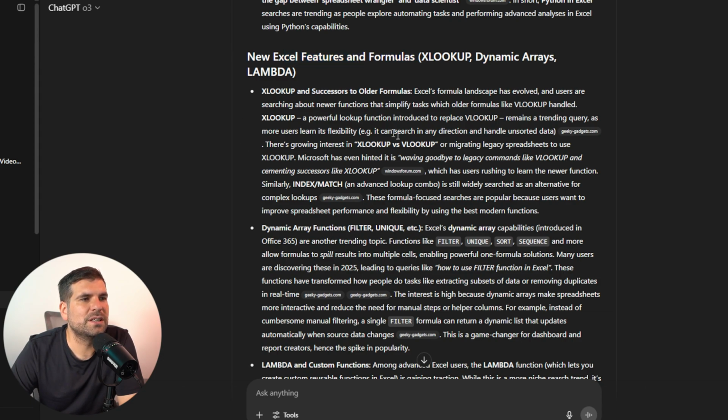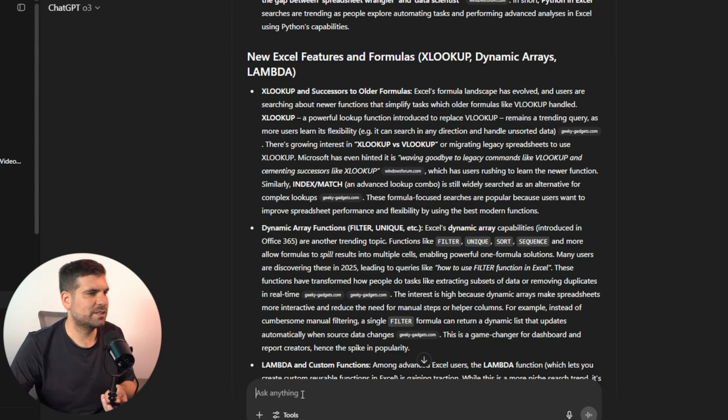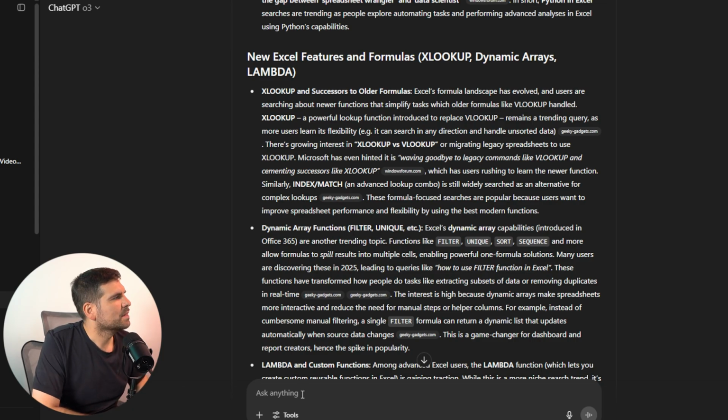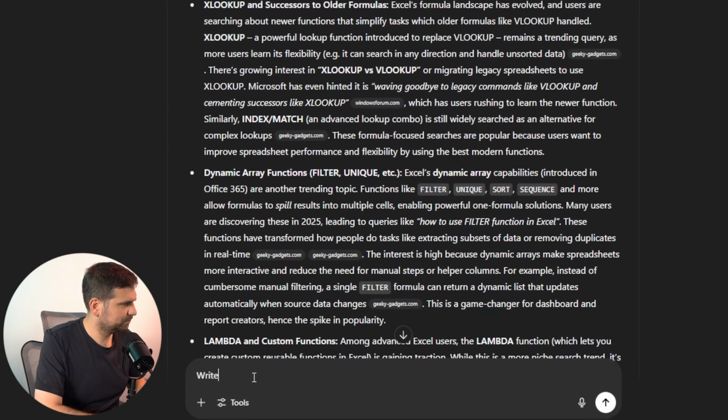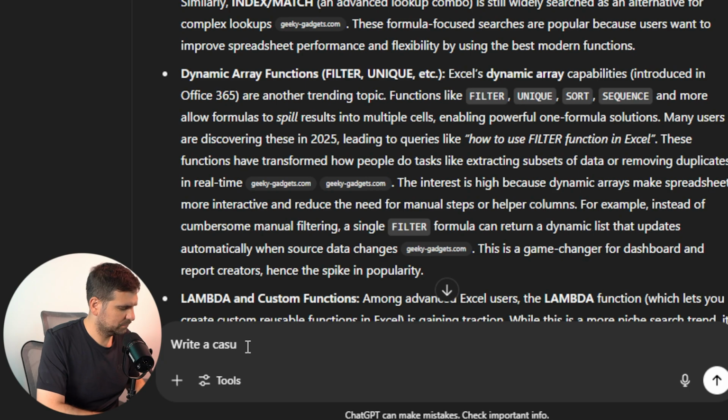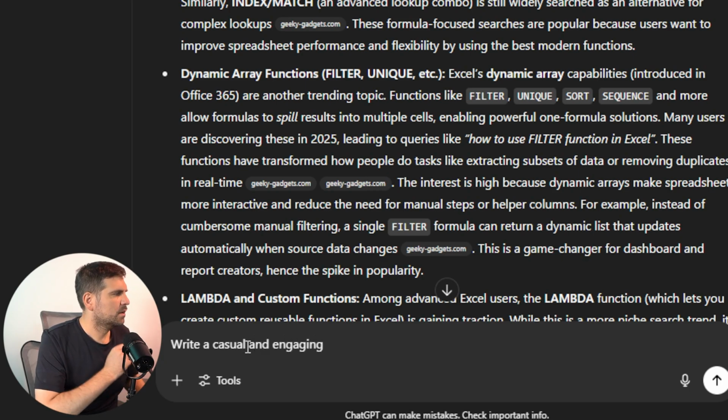Now, what we can do is ask ChatGPT to write us a social media post in a specific way, using the right brand, language and tone and things like that. Now, we wanted obviously about this area here. So what we're going to do is type that into our sheet here. So we're going to say, write a casual and engaging, I guess we're going to go with Twitter thread